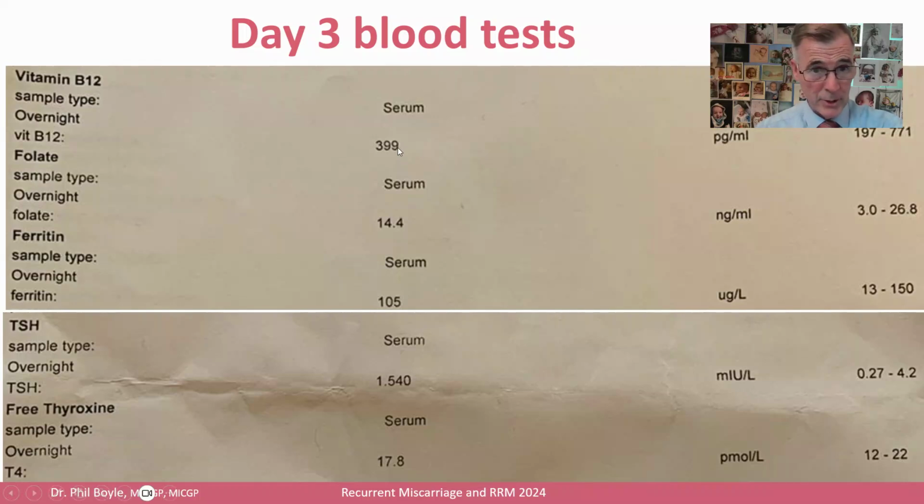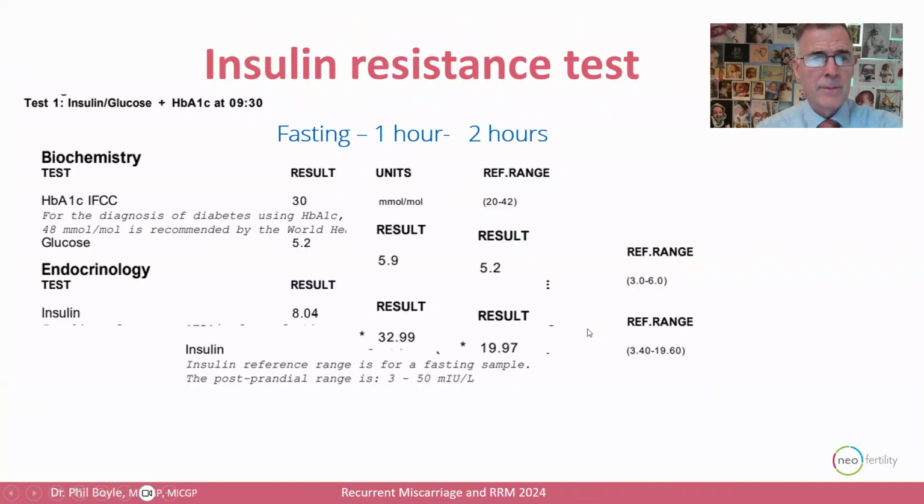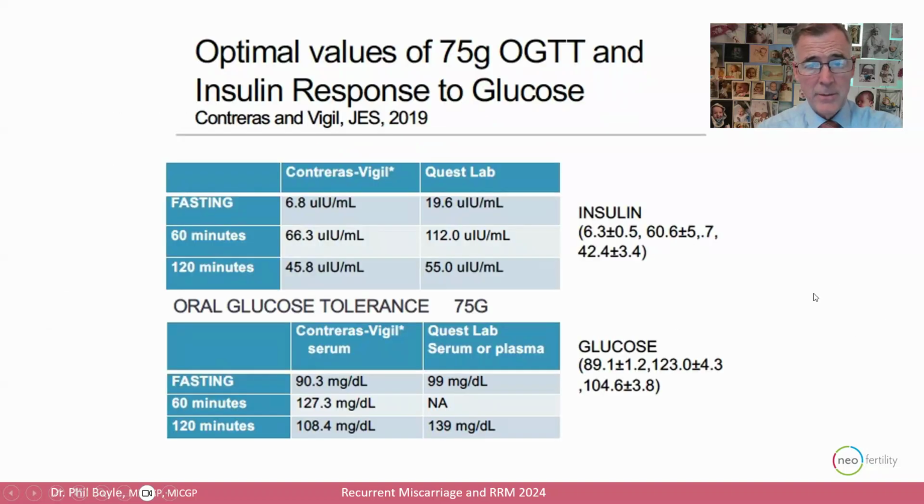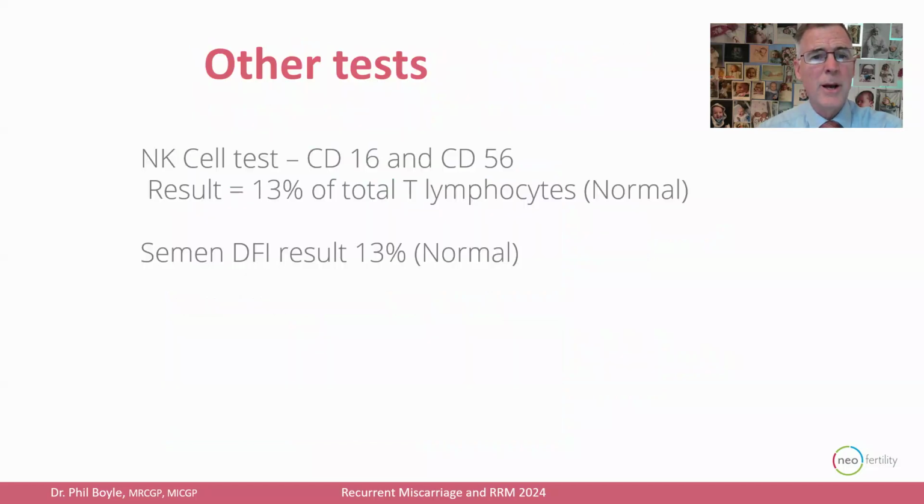Her B12 levels were fine, and her thyroid was fine, and we did insulin resistance testing, and the numbers all came in fine. We got a reading of 8, 32, and 19, all really within acceptable parameters, and she does not need a diabetic tablet for that. Now, they're the parameters that we use to see, and it's within normal parameters.